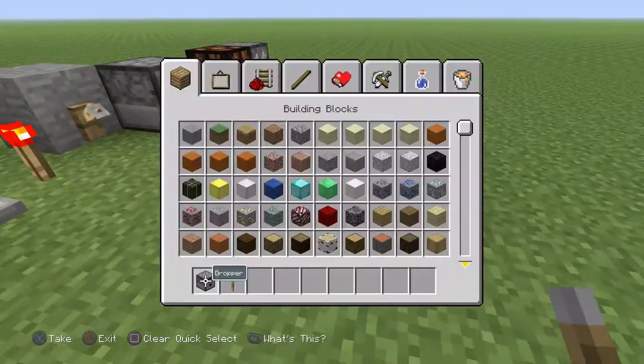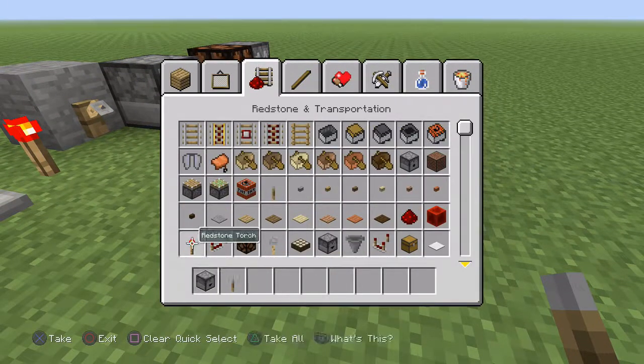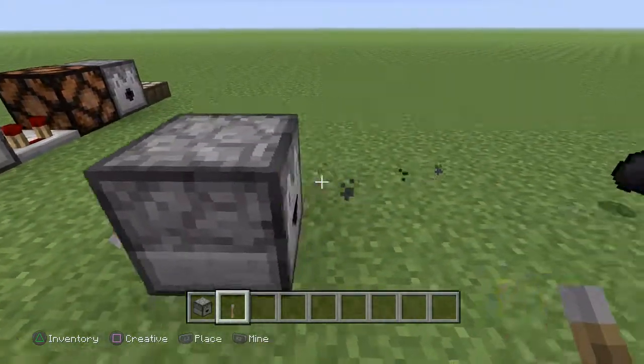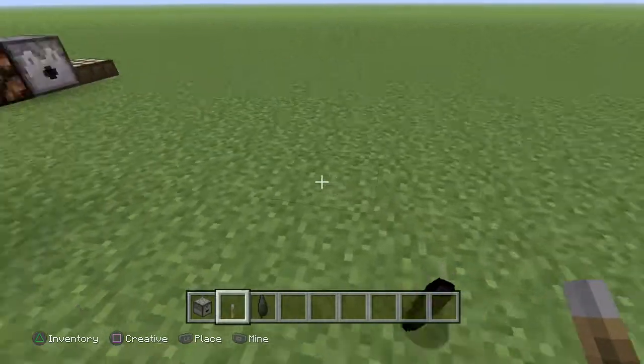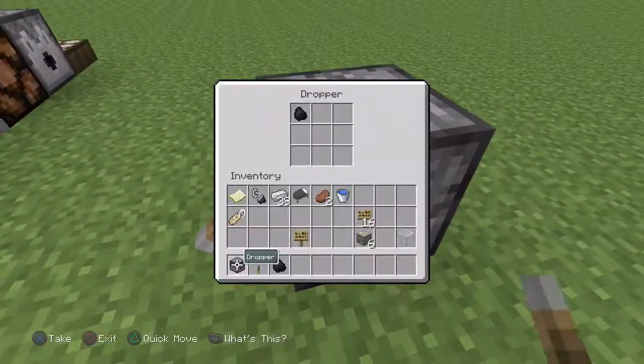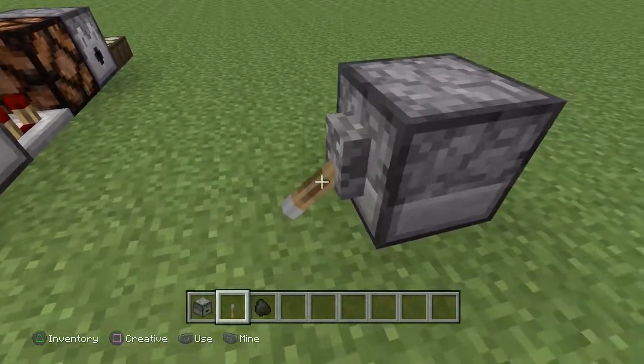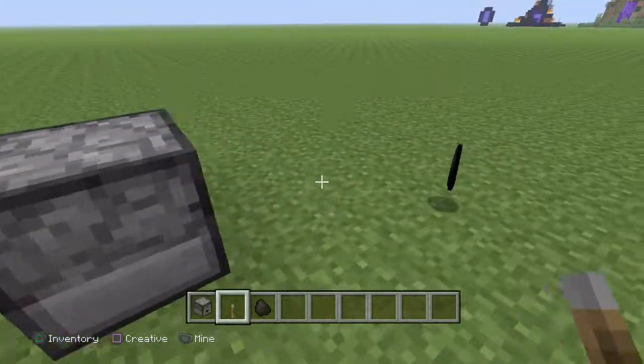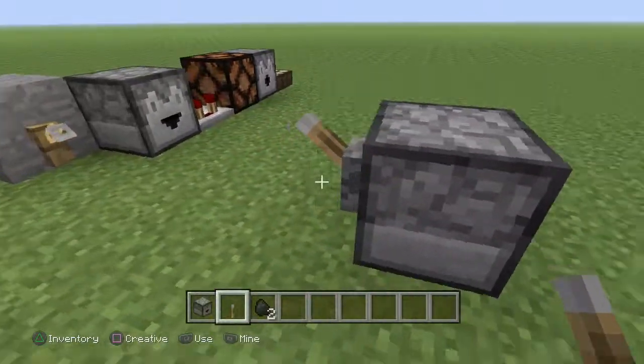It's the same with all buttons, pressure plates and levers. They all basically activate something. So if I press this, that fires out the item I put inside. Turn it off, turn it back on again. Sometimes,